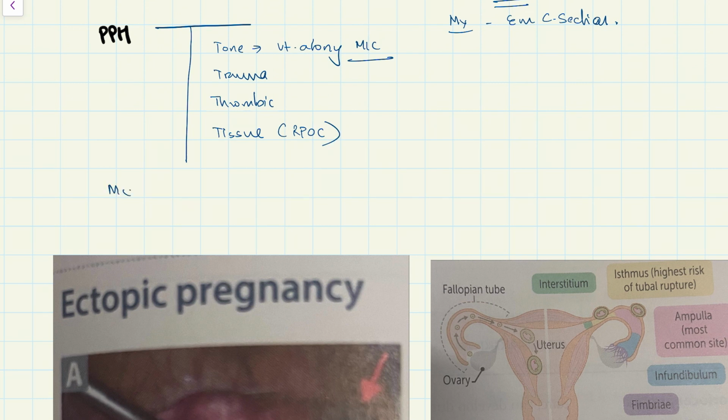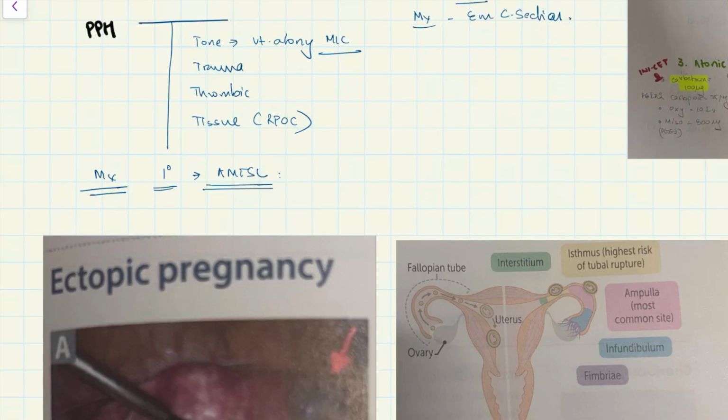So what is important in PPH is its management. For prevention of PPH, AMTSL or active management of the third stage of labor is done. The components of AMTSL are